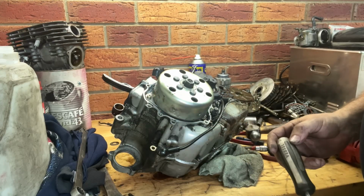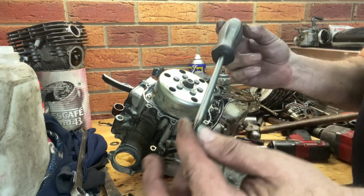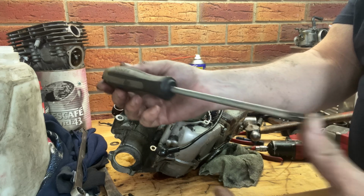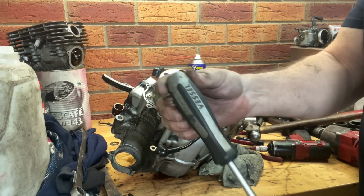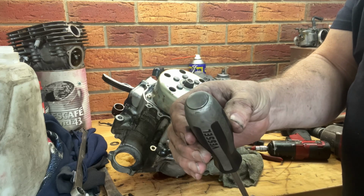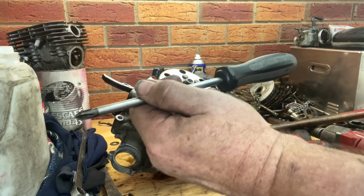Just going to undo the screws on this case while I'm waiting for the pulley to come. Might as well while I'm dirty and I've got it. Again, JIS screwdrivers, Vessel ones, have the function where you can hit on it. So when you can't get your impact driver